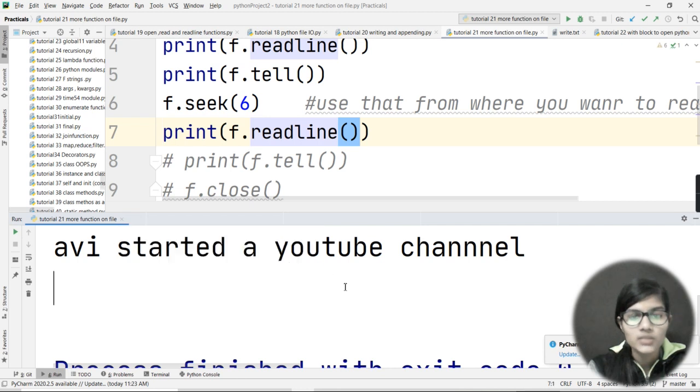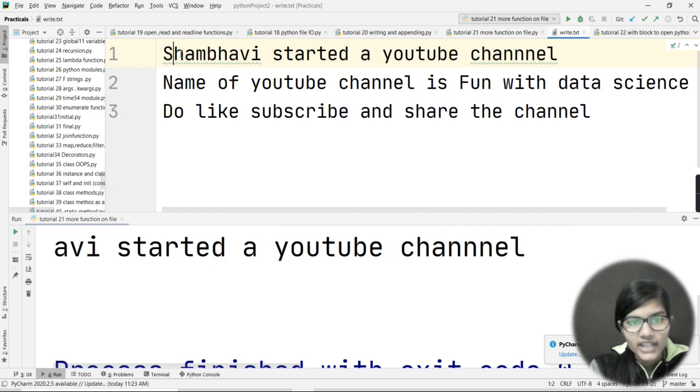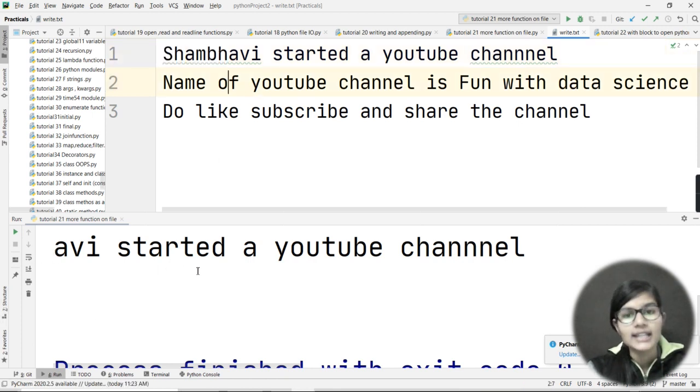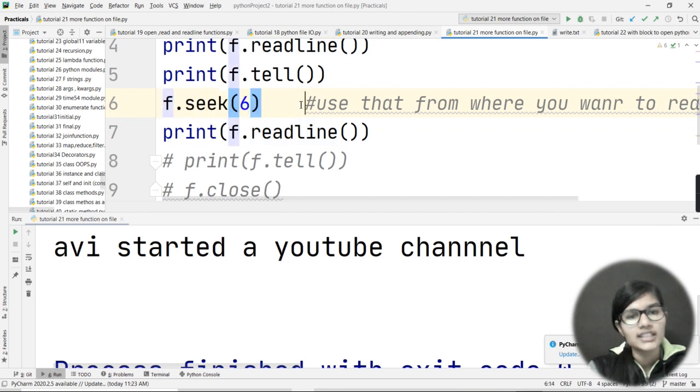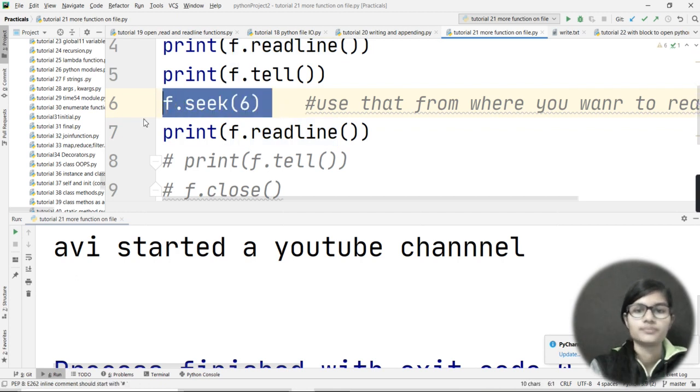So what is missing? The starting 6 characters, SHAMBH, are missing from my sentence, because I said I want to start reading my file from the 6th position, and that's why I used f.seek and in brackets I used 6.